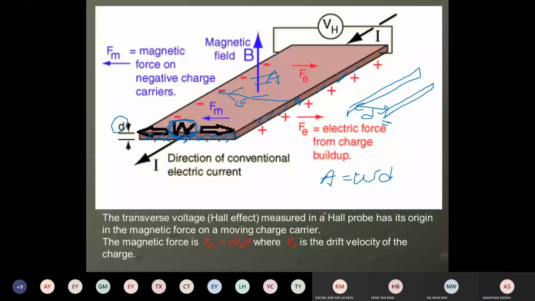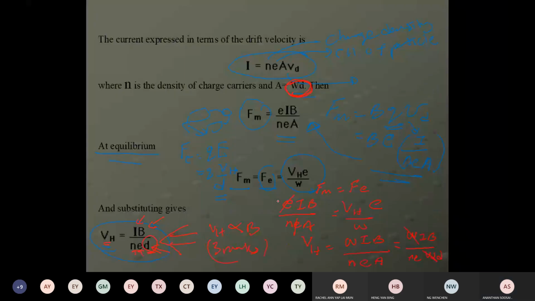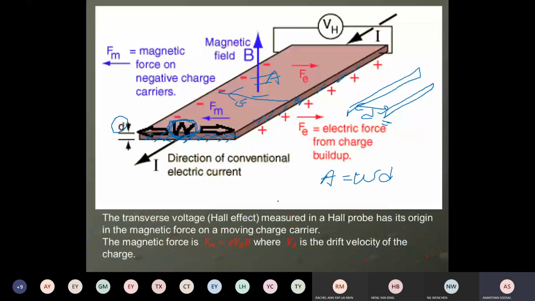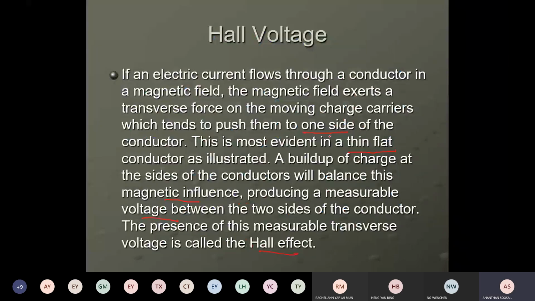Now you tell me why they want the conductor to be very thin. Why do they want the D to be very small? Because in the earlier description, they said one side of the conductor is most evident, the thin flat conductor. Why must you use a thin flat conductor to have a very clear Hall voltage value